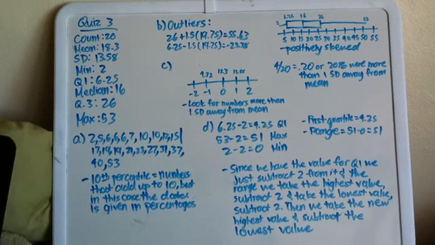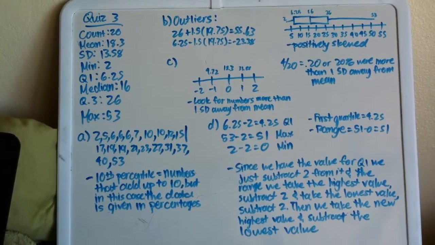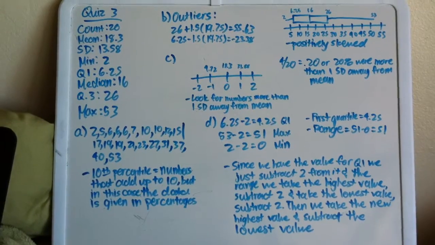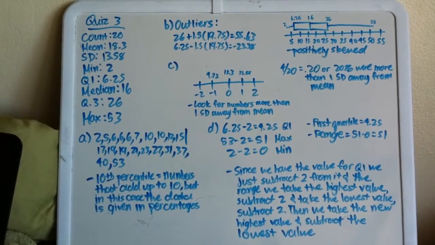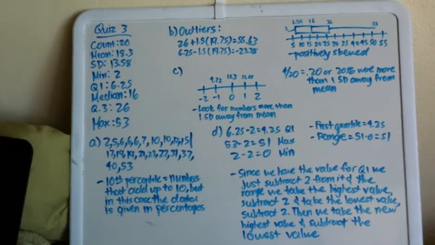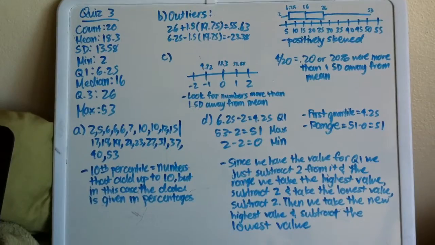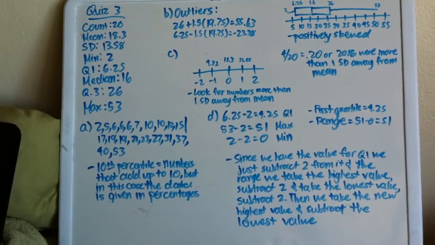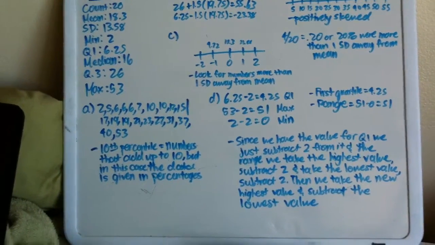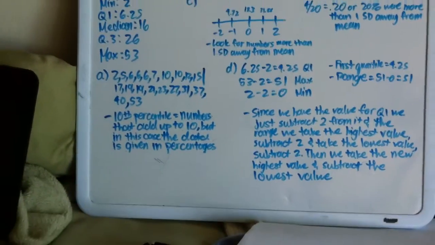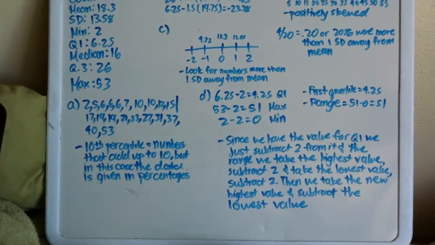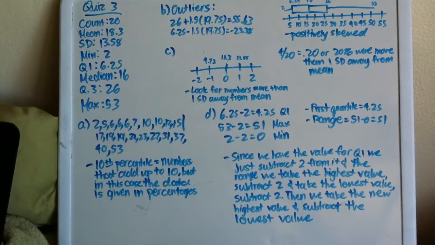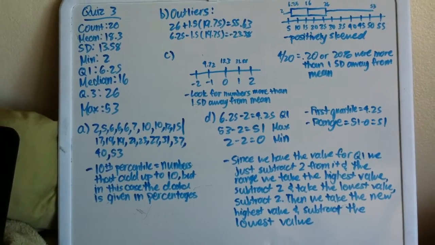In A, it's asking to calculate the 10th percentile for the variable marijuana usage. So, in order to find the 10th percentile, you would have to go back to the first table, which has the percentage of marijuana usage per country, and list the numbers from least to greatest, like the minimum and the max. Then you count the numbers that will be equal or less than 10, and the number that comes last before you hit 10